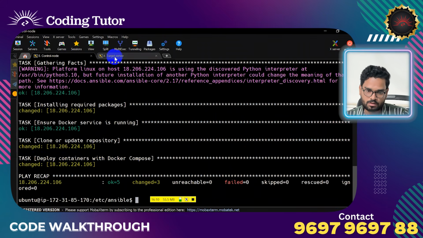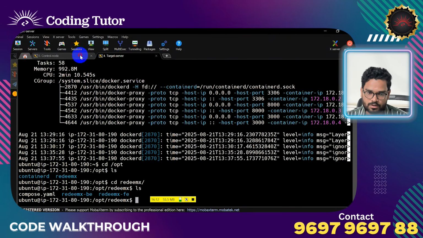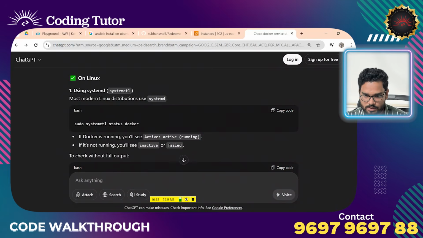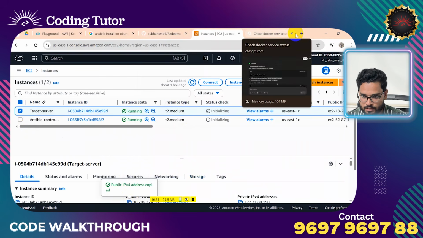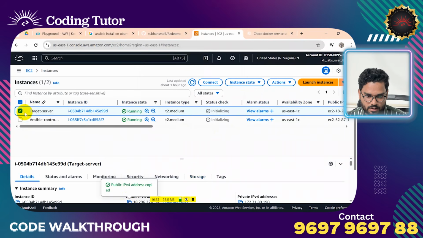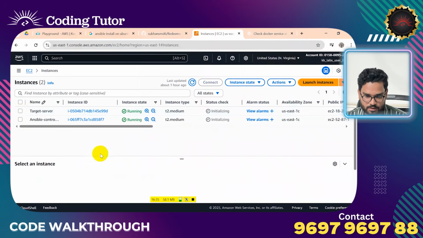Let's check whether it has deployed the application or not. I can check it by accessing it through the public IP address. Here it is, the public IP address. Before checking whether it is accessible or not, I should